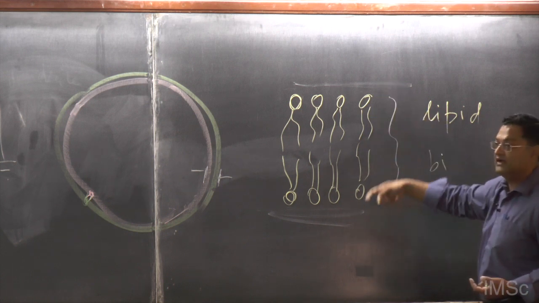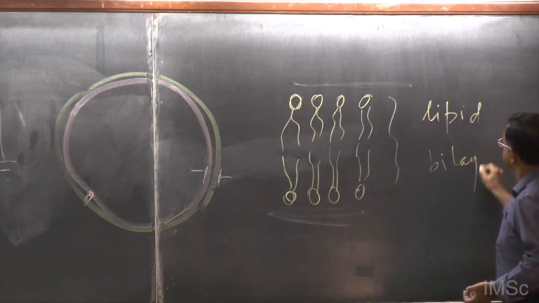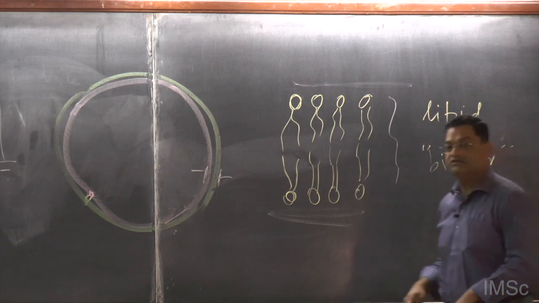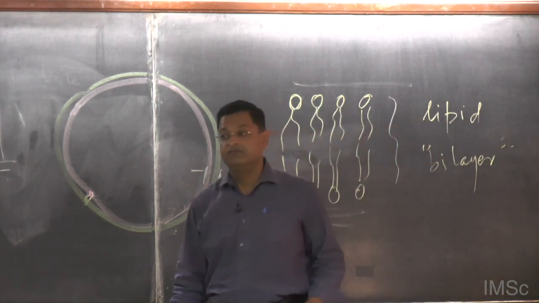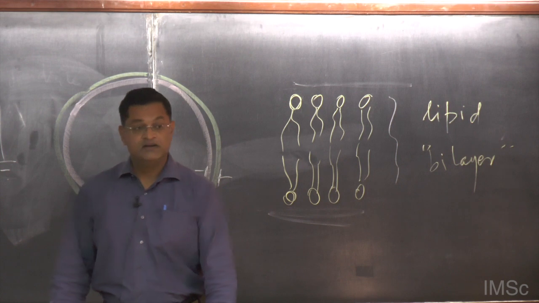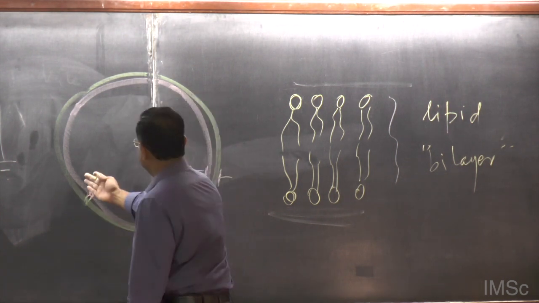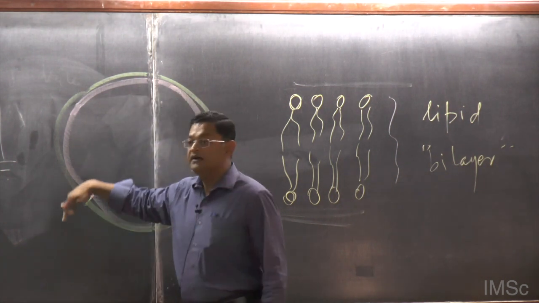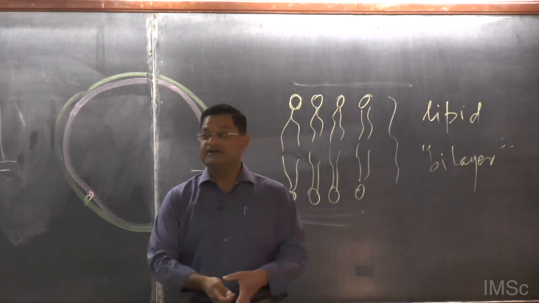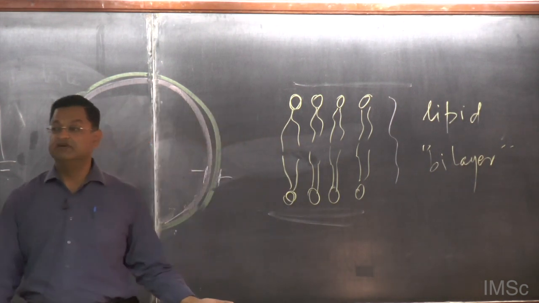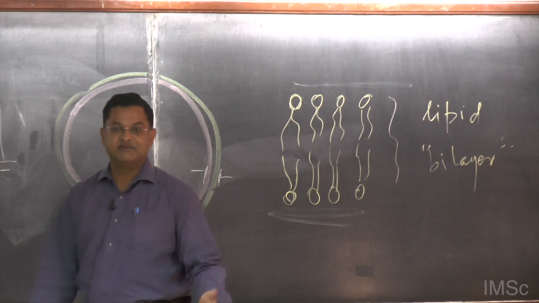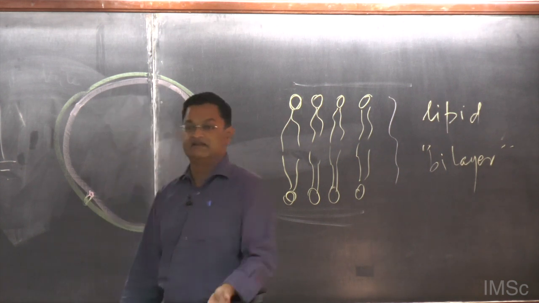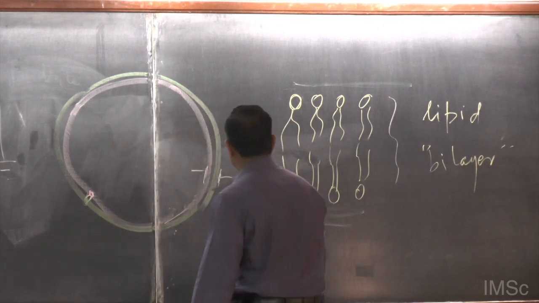Bilayer because you've got two layers. And it turns out that this structure is stable. This structure is stable, it makes up this membrane, and it can go all the way around and keep the inside things inside and the outside things outside, like a thermos, except not with respect to heat but with respect to stuff that's inside the cell. So it's a remarkable construction